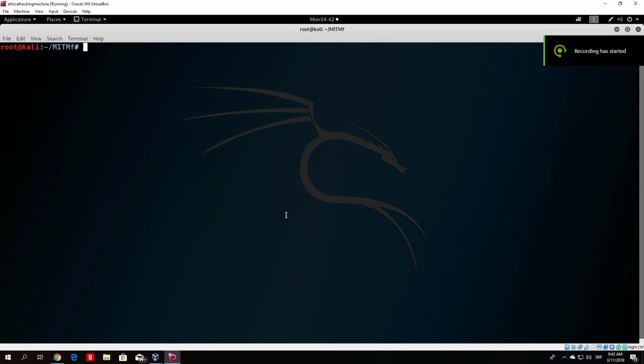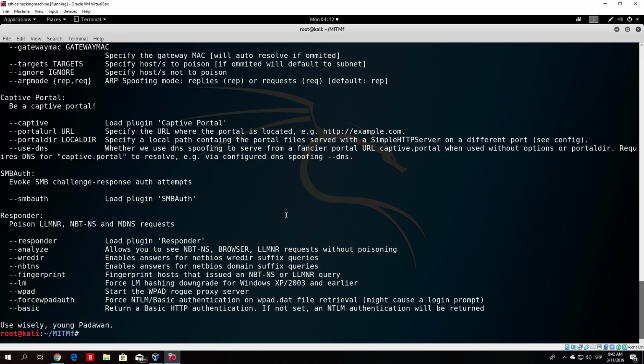And now, before we continue to Ettercap, which is another tool for the man in the middle, which I will show briefly, let us see what else we can do with our man in the middle framework tool. So there are a bunch of other options as well. We will not cover all of them, of course, but I just want to show you some of the things that you can do in order to specify your attack in more detail, or in order to perform some different type